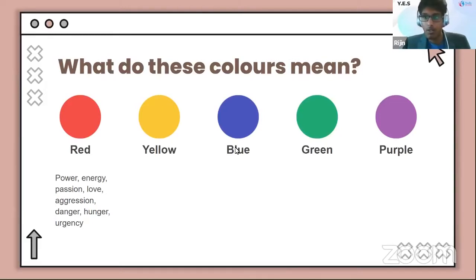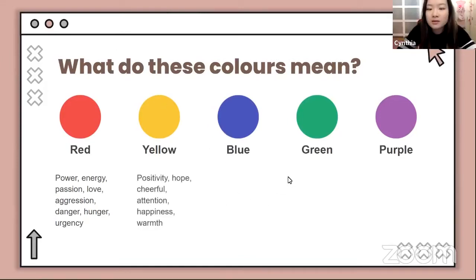But if you go to yellow, yellow would be warmth, and it really shows the comfort that you have, right? For example, if you use yellow for your work or website, the audience feels really happy when looking at that work because it's easy for them to look at it. And I feel like that's really one of the key things that I find when using red and yellow.